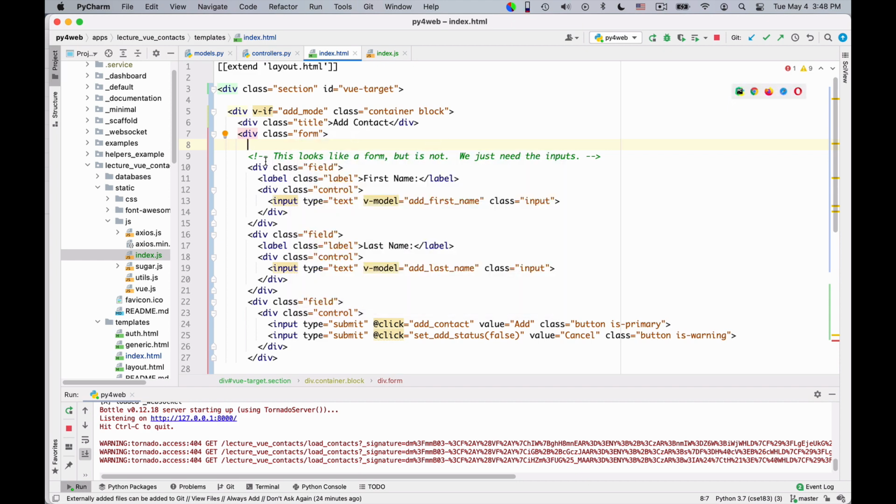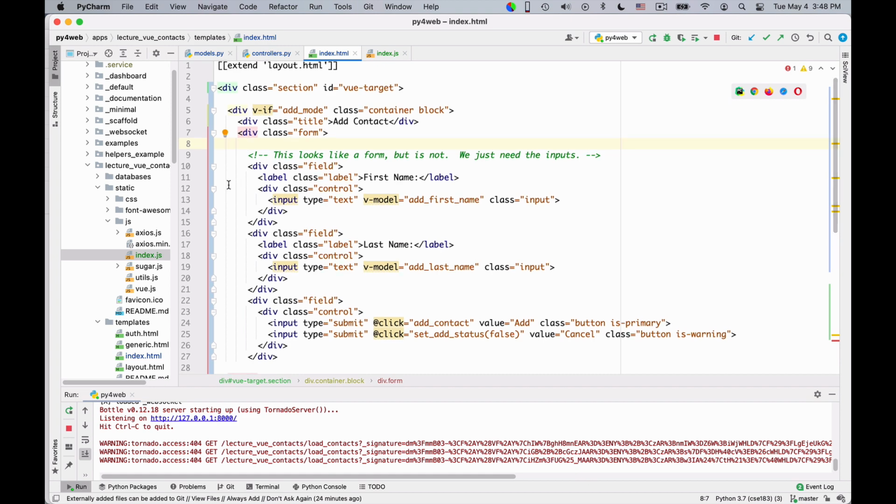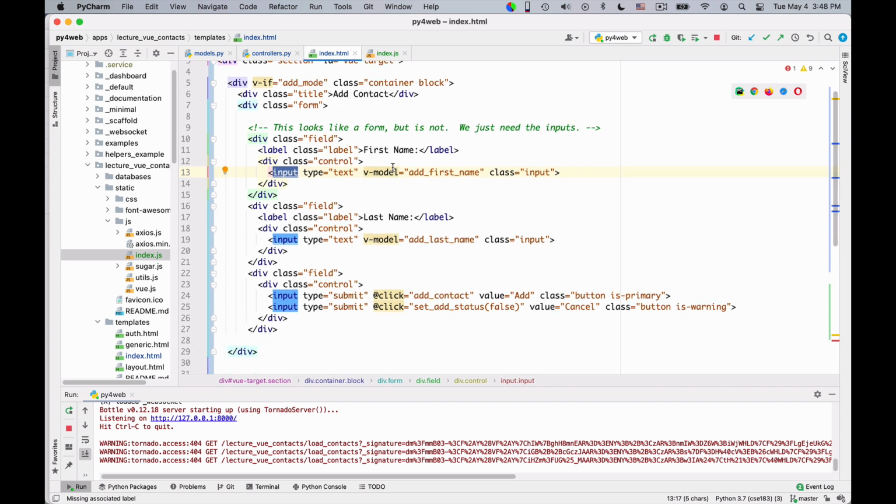essentially some other divs, you know, to keep Bulma happy, we want the formatting to be nice. But essentially there are two input fields, one for the first name and the other one for the last name. Okay, they are inputs of class input, again to keep Bulma happy. The important points are these: they have a v-model with addFirstName and a v-model with addLastName. This v-model will keep a real-time correspondence between the content of these input fields and the content of these JavaScript variables that we need to define, addFirstName and addLastName.